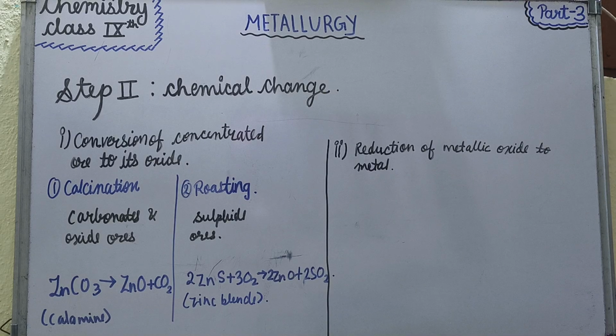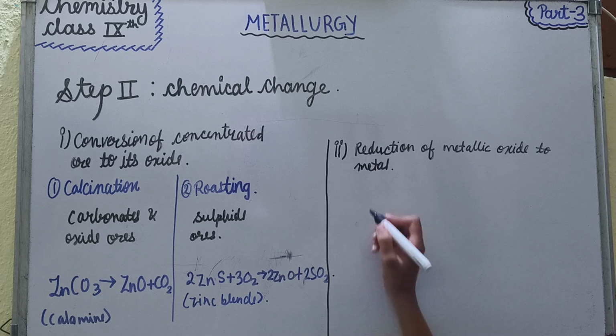The metal oxide obtained from the previous step is converted into metal by reduction. The type of reduction depends upon the nature and chemical reactivity of the metal. The commonly used reduction methods are: